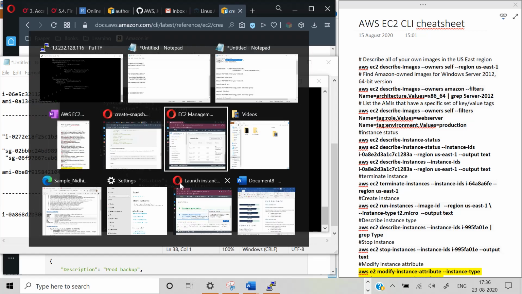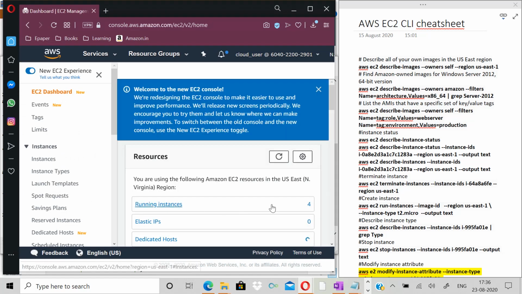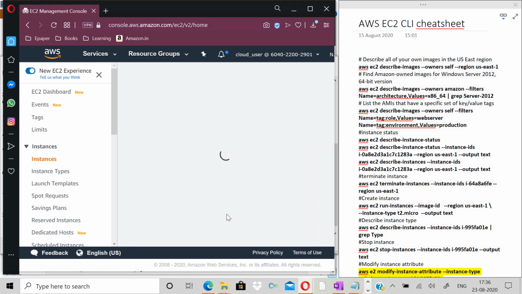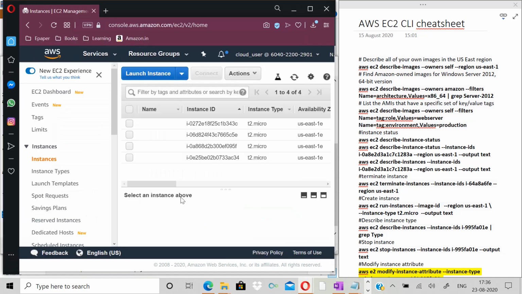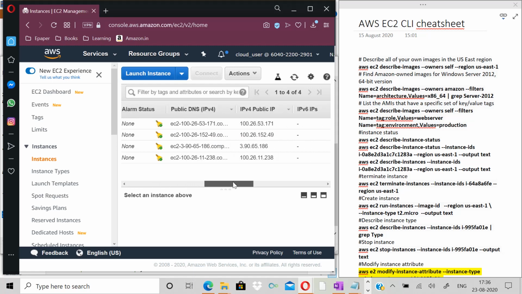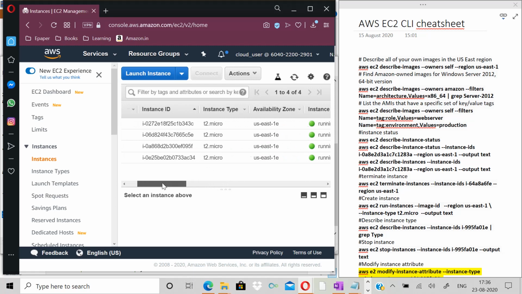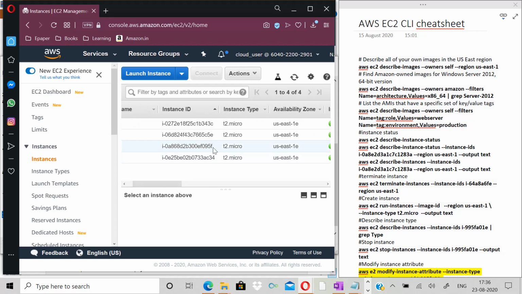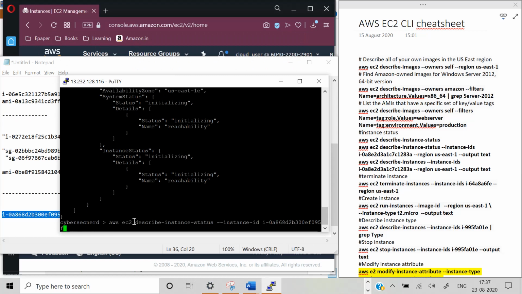and we can validate the same in the AWS management console as well. So I will just navigate to the management console. Just give me a second. So yeah, we have already made a note of the instance ID. This is the instance ID which I'm highlighting as of now, and you can see the same instance ID should be initialized by now. You can see the status as initializing as of now, and this is the instance status we are talking about.